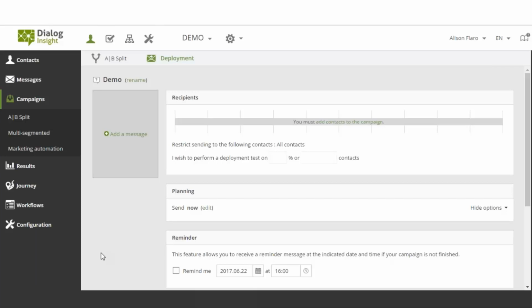If you send one subject line to 10% of your contacts, you send a second subject line to another 10% of your contacts, then you can send the one that gave you the best results, you can decide on and send to 80% of your contacts. If you keep a calendar, if you keep your